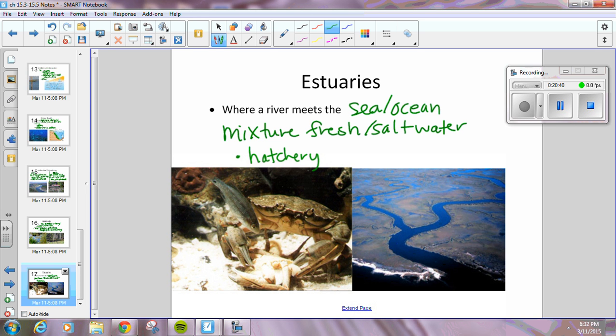And because these are great fish hatcheries and egg laying areas, these wind up being great for fishing because the fish industry in this case doesn't even have to go anywhere to get fish. They're all laid out right in front of them. So it winds up being a very important part for the fish industry as well as for the actual habitats. All right, so this